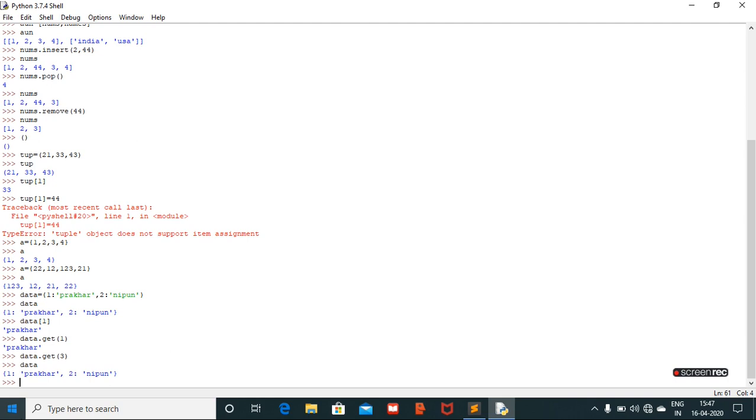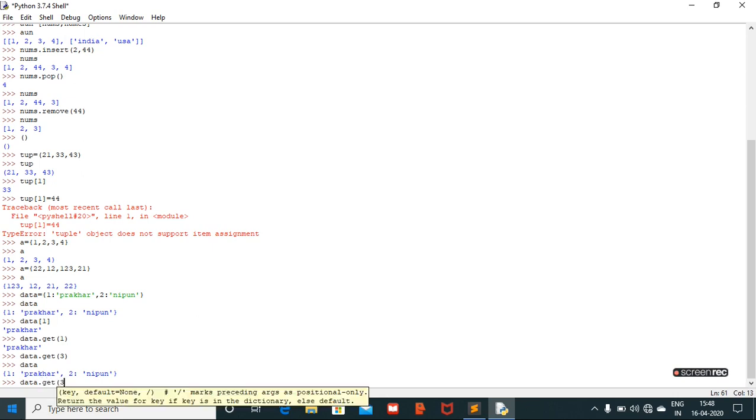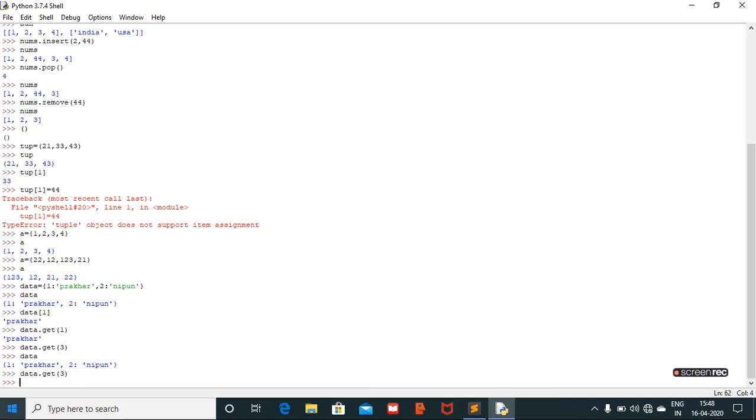So this is for the dictionary. If you want to print, like data dot get 1 is Prakhar, data dot get 3, it gives nothing. But in tuple, if you give a wrong index, it gives out of range.